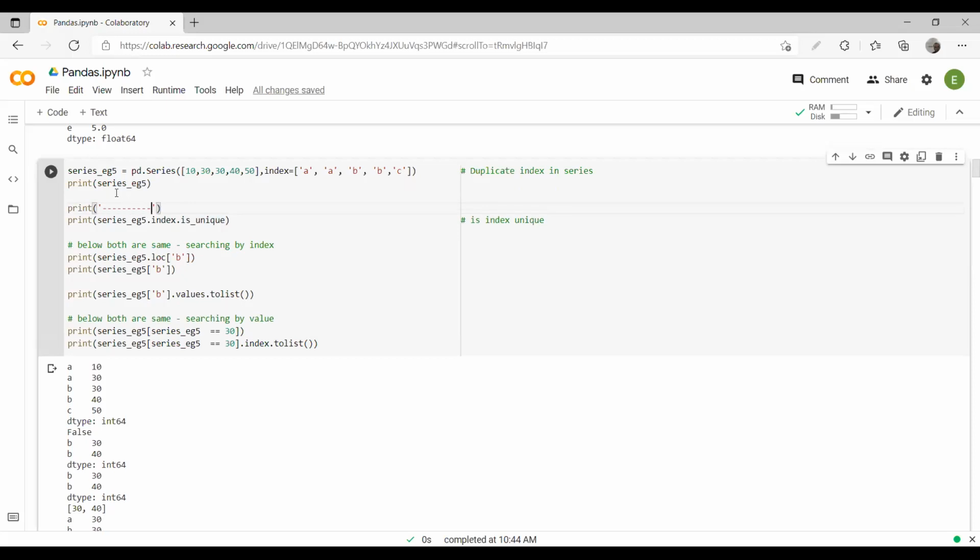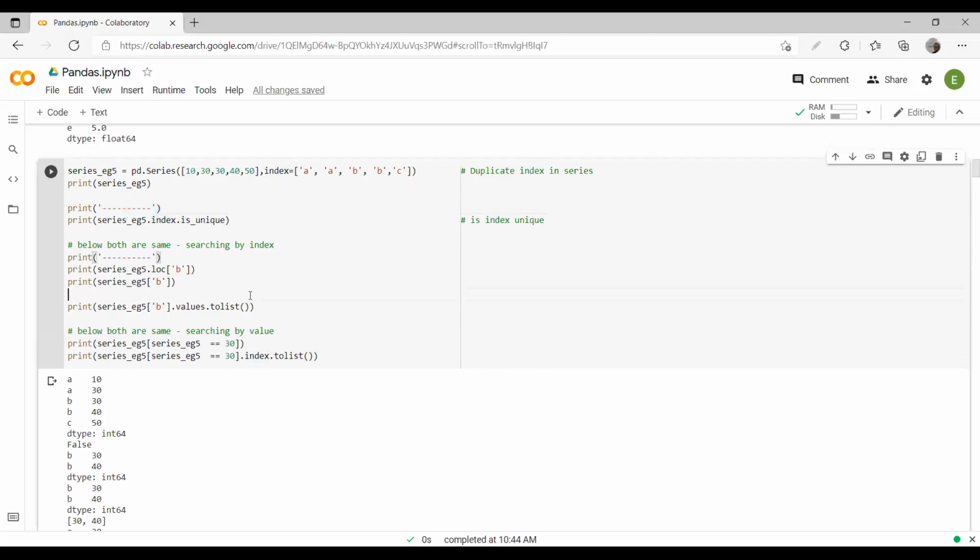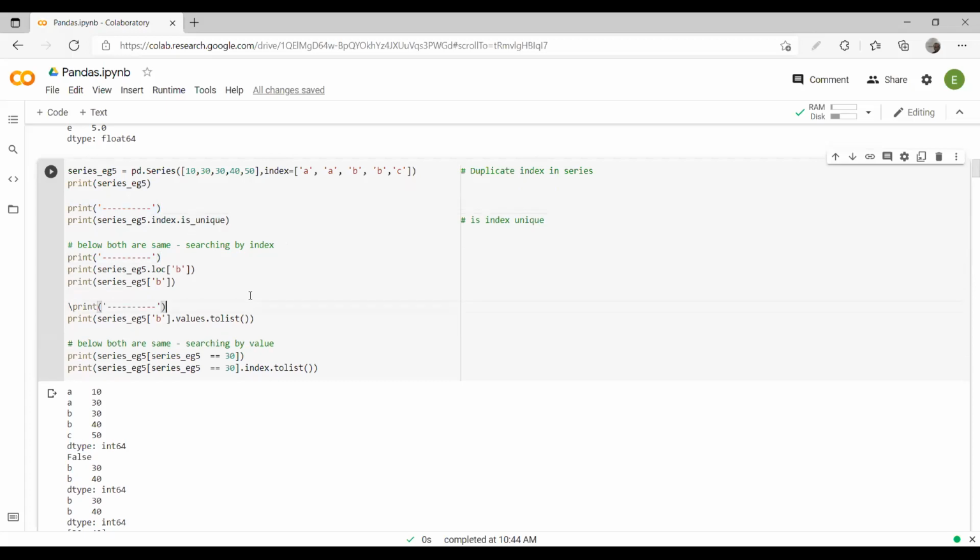So it says that it is false because the A and A index is not unique. If it was all unique, it would have given True. Okay. Then going to this one,